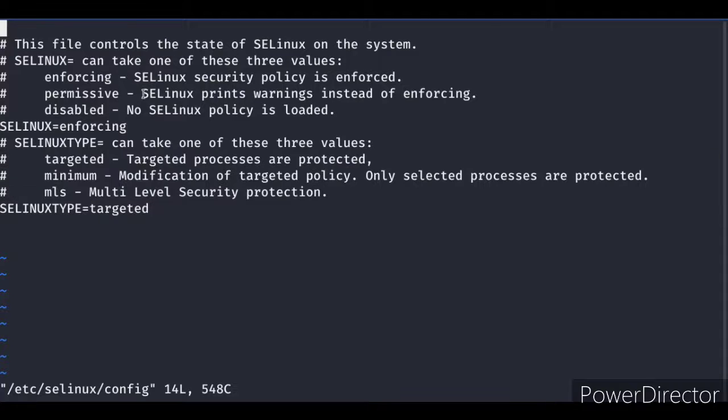And in permissive mode, SELinux prints warnings instead of enforcing. That means it can give you a warning but allows you to use any particular service without following the rules of SELinux. And disabled means no SELinux policy is loaded. It doesn't give you a warning or anything. So here you can set the mode, and here is the SELinux type, which can take one of these three